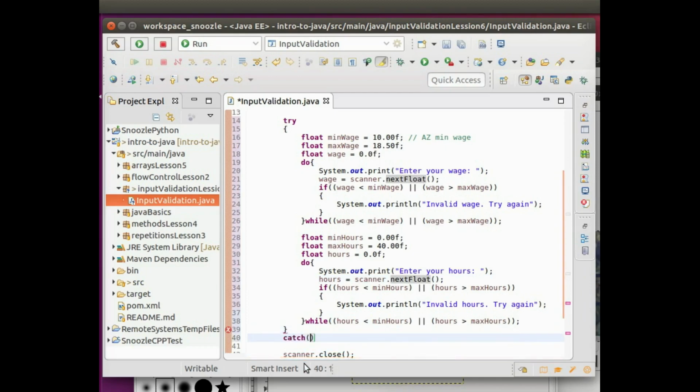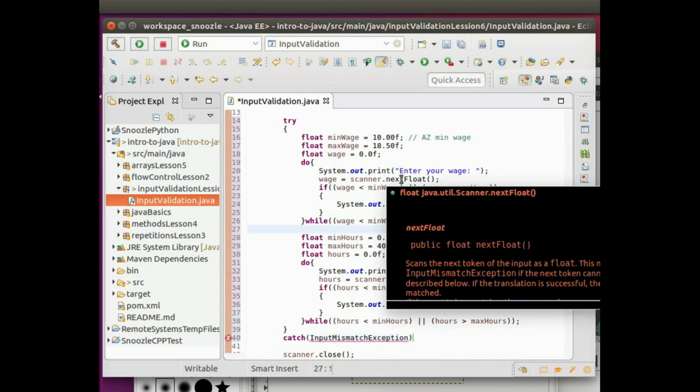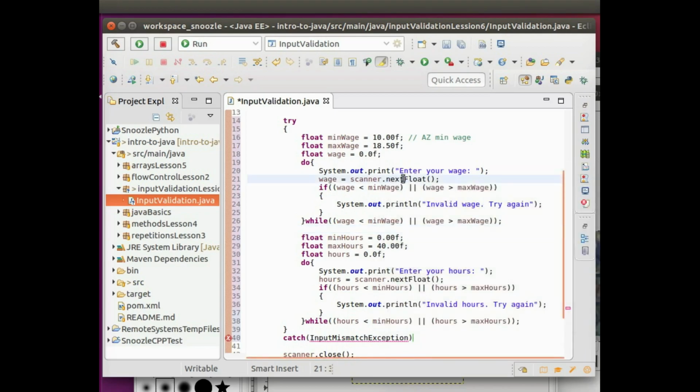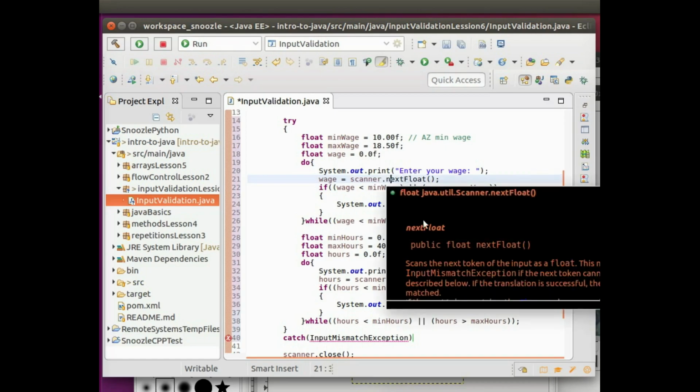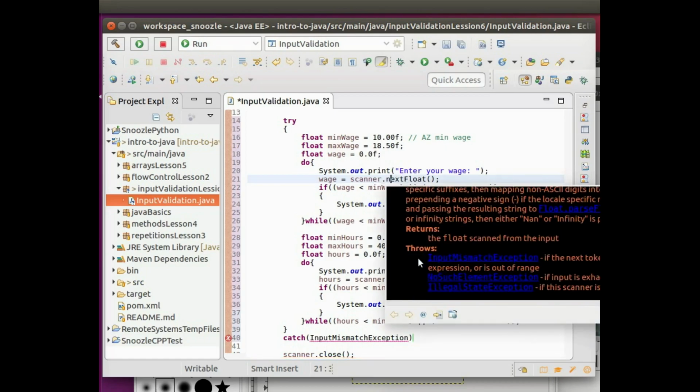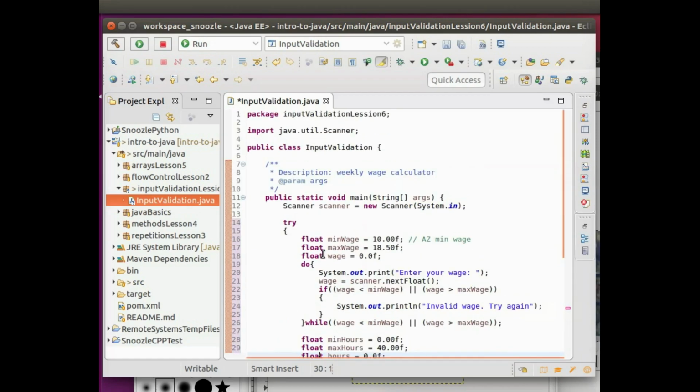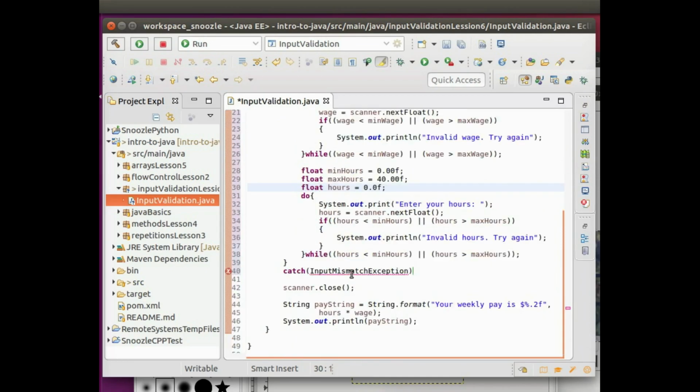So I'm going to also put in here catch. So whenever the next float throws an error, and the error for this type is called, I think, input mismatch exception, we're basically saying it's okay. Next float is expecting a floating point value, and it ends up getting a different one. And you can see that if you highlight the value in Eclipse, you can see the input mismatch as part of one of the exceptions. So I have input mismatch exception,